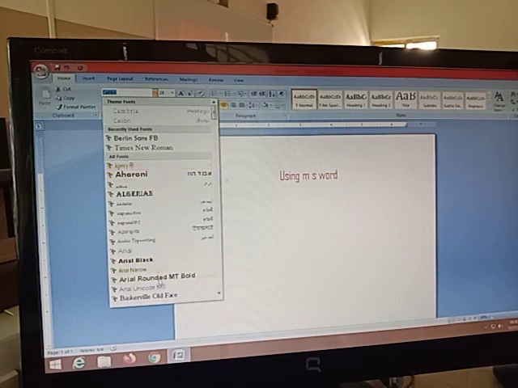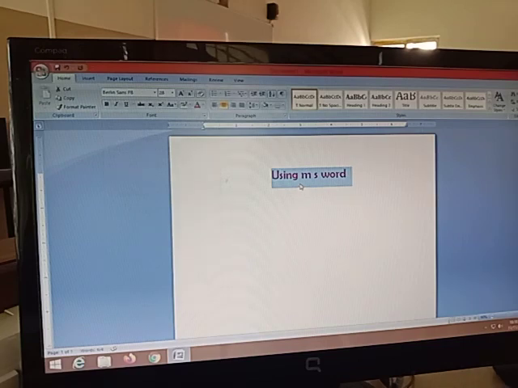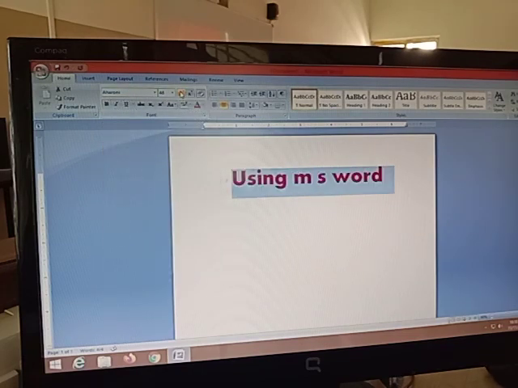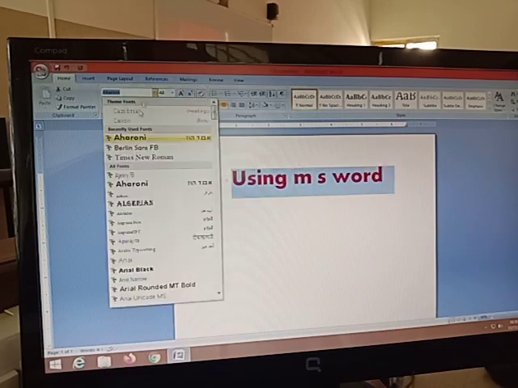From here I can select whichever format I want. I will select this Berlin. Click on that. See, can you see the change? The text style is changed. I can select any one whichever I want. Understood, children?